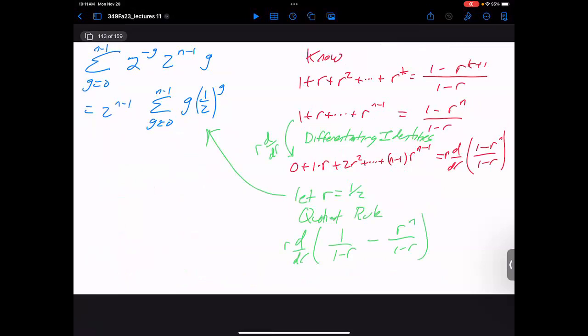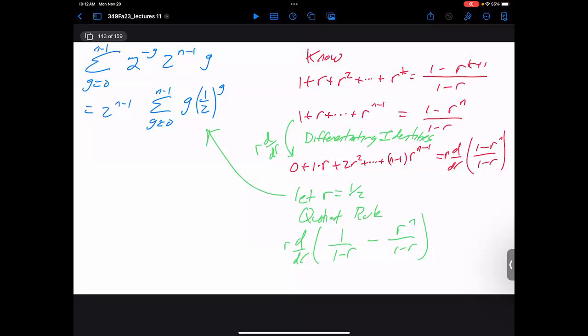And now if we differentiate term by term with respect to r, and then multiply by r, we don't change the powers. R to the first goes down to 1, then we multiply by r, goes to 1 times r. R squared goes to 2r, we multiply by r becomes 2r squared. R cubed goes down to 3r squared, multiply by r becomes 3r cubed. And so we get the sum of 0 times plus 1 times r plus 2 times r squared plus